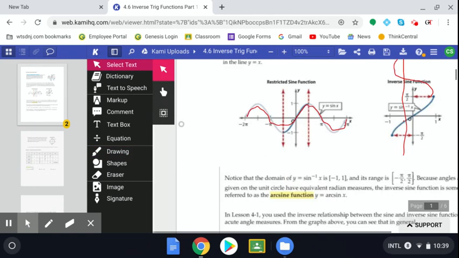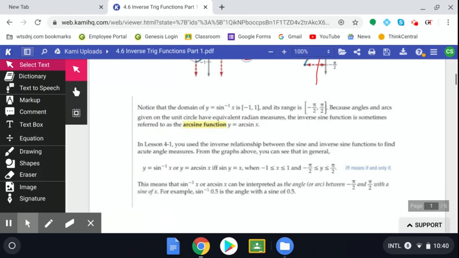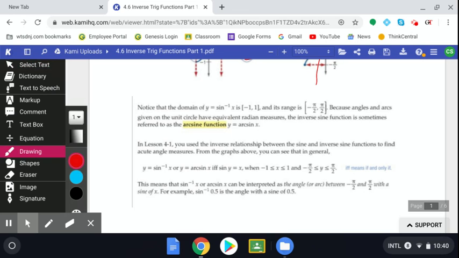I don't want to spend too much time on that, but you should know that the inverse functions for sine, cosine, and tangent are called arcsine, arccosine, arctangent, and this is really what I'm interested in. If you're looking at the inverse function, the domain for arcsine, or inverse sine, or sine -1, is going to be between -1 and 1 including, and the range is going to be negative pi over 2 to pi over 2 including. Okay,